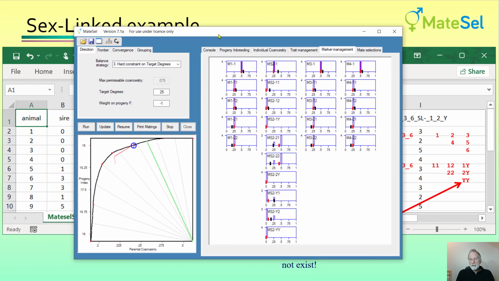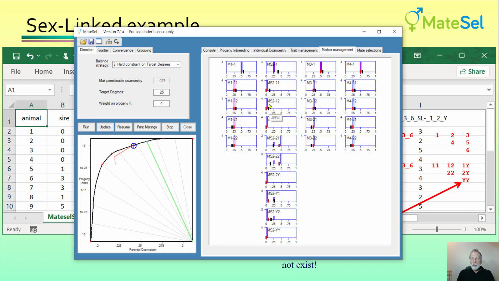Here's the run that has been made, and the thing you'll notice straight away is that our sex-linked locus, which is the second marker locus here, has got many more histograms in it. That's because there are 3 alleles, and therefore there are 9 different genotypes. Even although we're only representing 6 different genotypes in the data set,